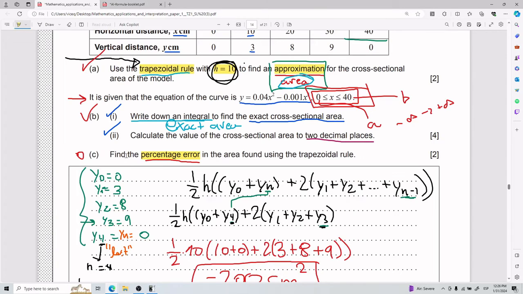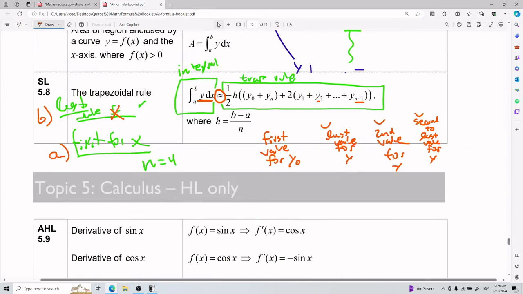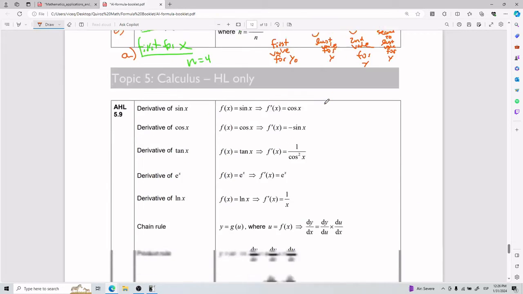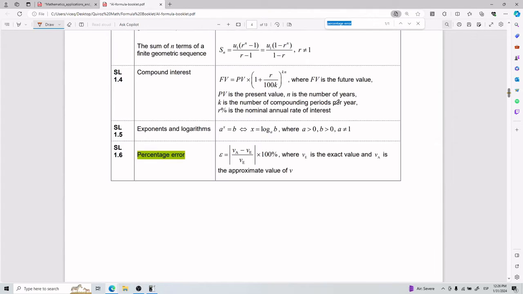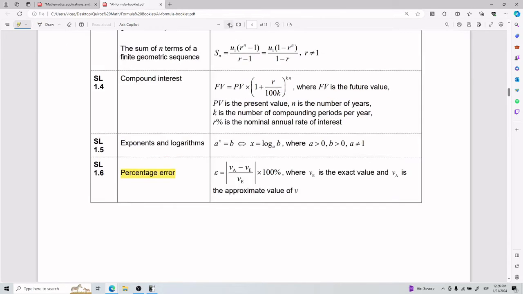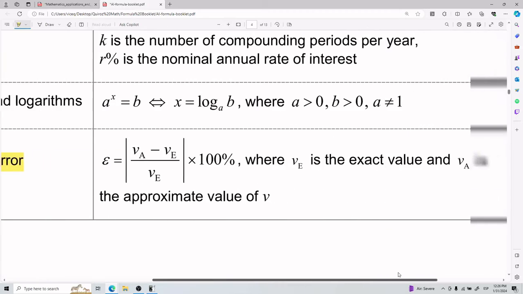If you know the formula booklet well enough to identify the buzzwords, the vocab words that matter, you're going to read percentage error and remember that it's in your formula booklet. You're not going to remember what the equation is, or how it works, but you know it's in there. So you're going to look for it, eventually finding percentage error over here. And you're going to read it, remember a bit of what's going on, and it's going to be good to go. So first things first,